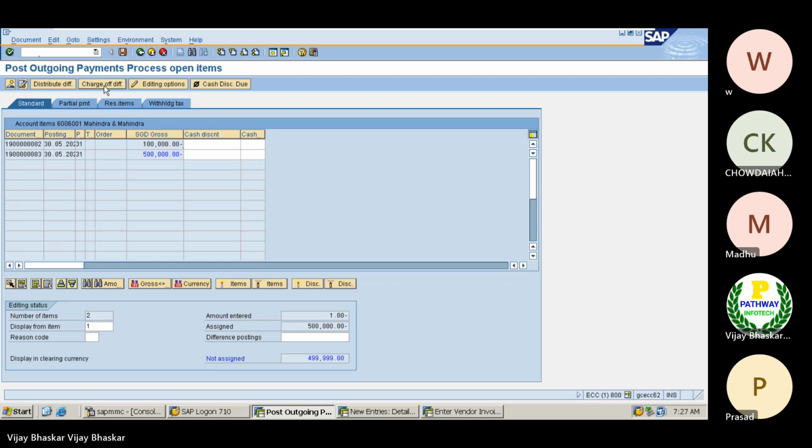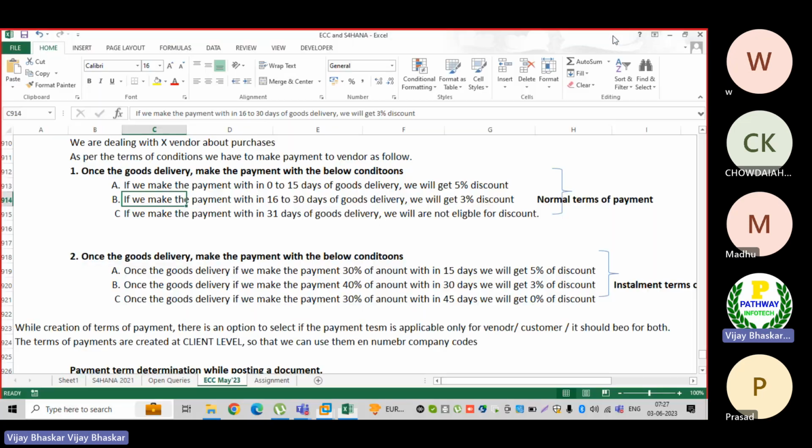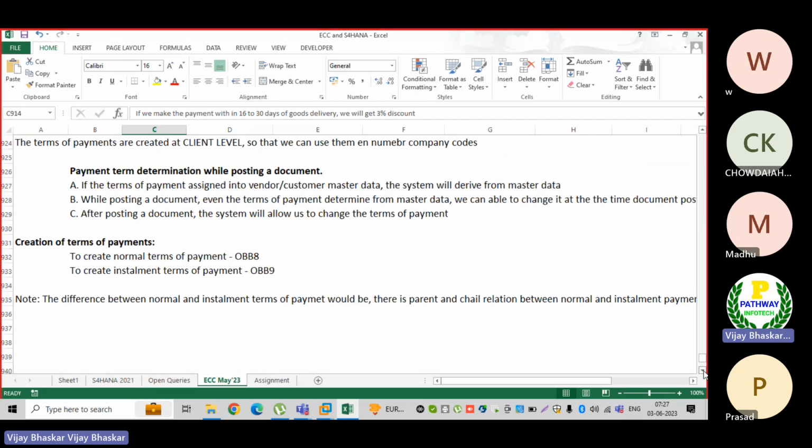Okay, still, for the cash discount, there is one. If I want to post the cash discount, here we are eligible. Whether we are eligible or not is secondary. But now I want to post the cash discount amount into a separate GL account.